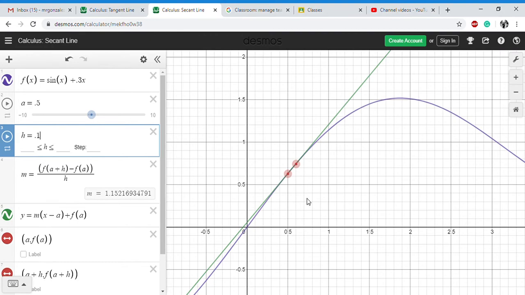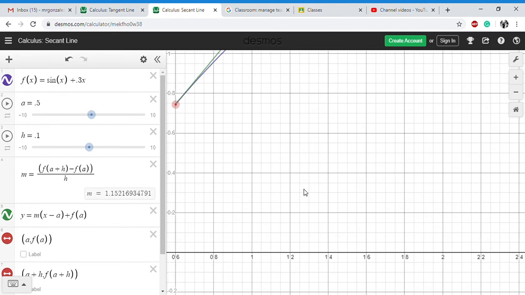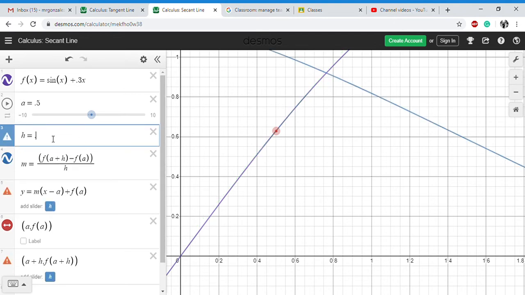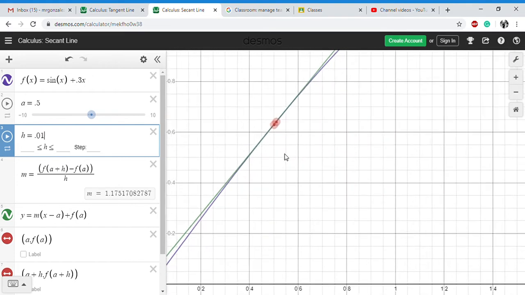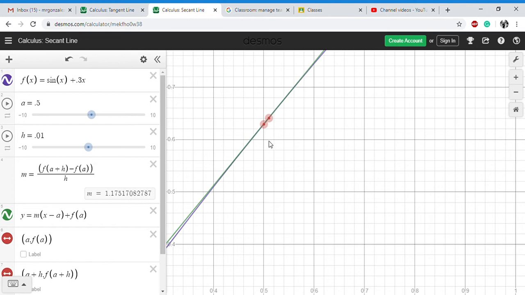The secant line is a line that touches my function at 2 points. All right. Now, since I want to be very specific about the slope at 0.5, I want to reduce my distance. So what if I did 0.01? Okay, so now I got really close to my original point, and the slope right there is going to be 1.17. All right, eventually what I'm getting at is that the distance between those 2 points is going